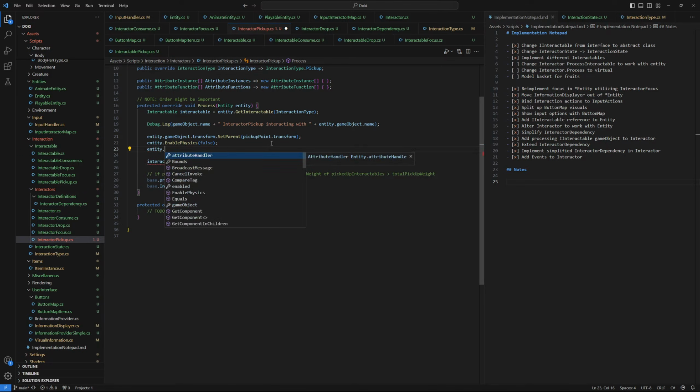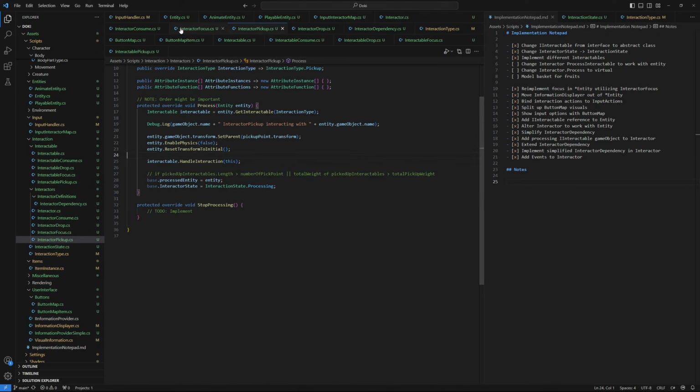Something dot reset transform to initial, or